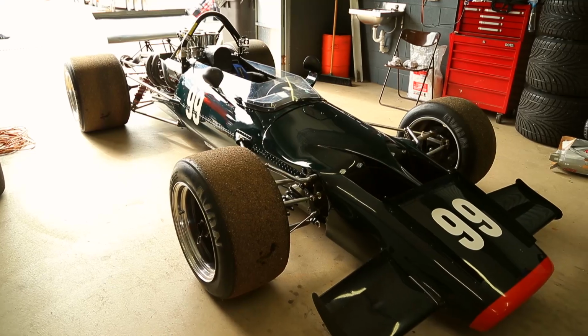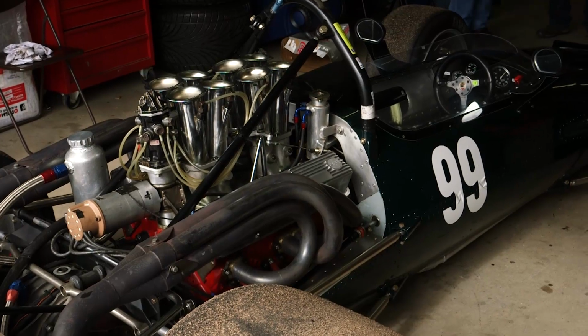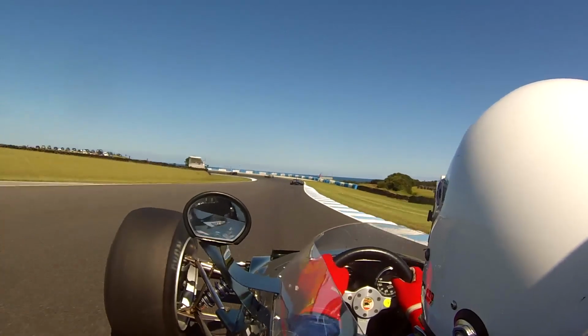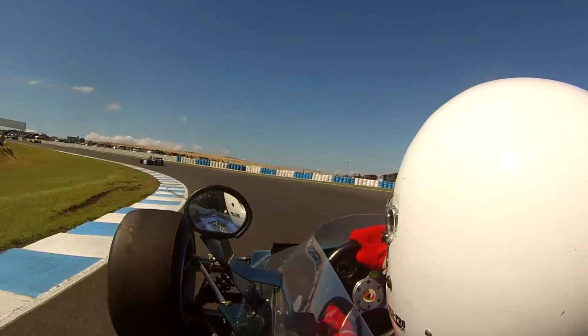We're with Alfredo Costanzo, and it's not too often I get to a historic race meeting and you're not here, Alf. You're here again and you're in this Formula 5000. How's it going for you? We don't spend a lot of time on the car. Therefore, when we get to the racing track, we have to do a lot of development work. We were here on Friday, but unfortunately the weather was not the best and it became a waste of time. Then yesterday we learned a lot more from the car. We went out twice and we did a few modifications last night,